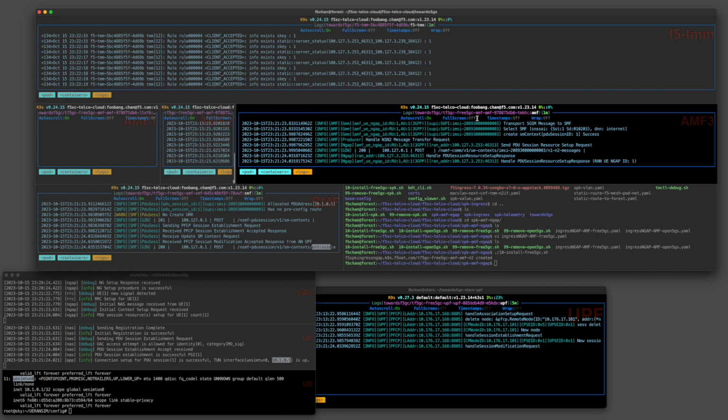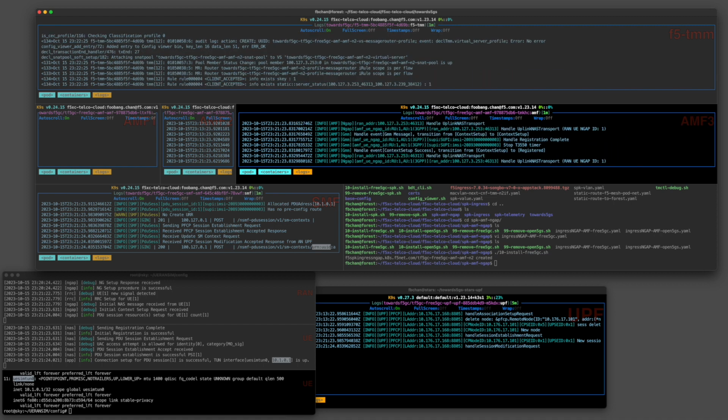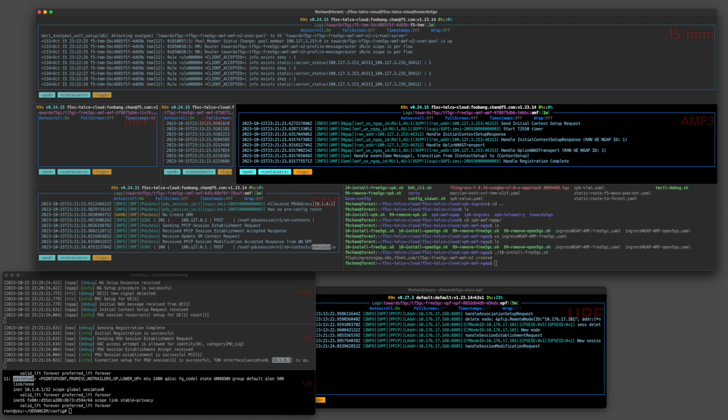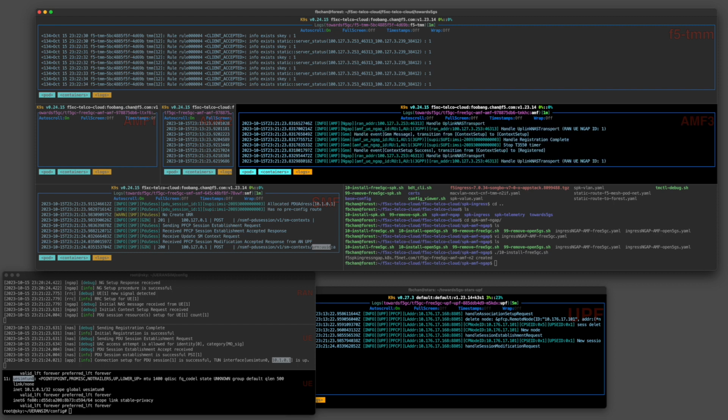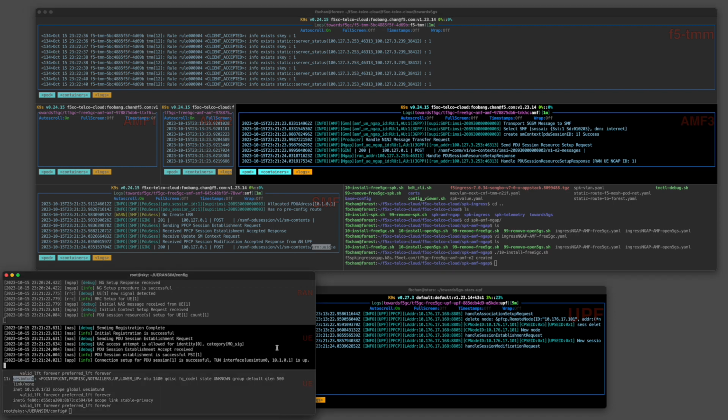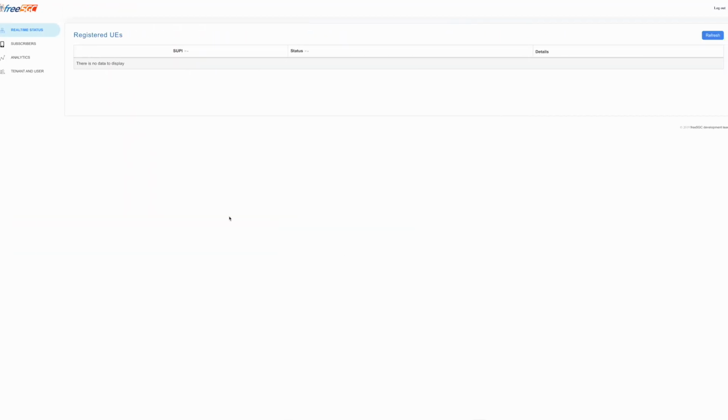What it's showing me is that it's actually hitting AMF number 3. If I stop scrolling, you can see all the communications, the initial context request, RAN NGAP ID, and so on and so forth. You can see that it hit the F5 TMM, the F5 TMM sent it to the AMF, and the UE client established a tunnel interface. If I go to the Free5GC and do a refresh,